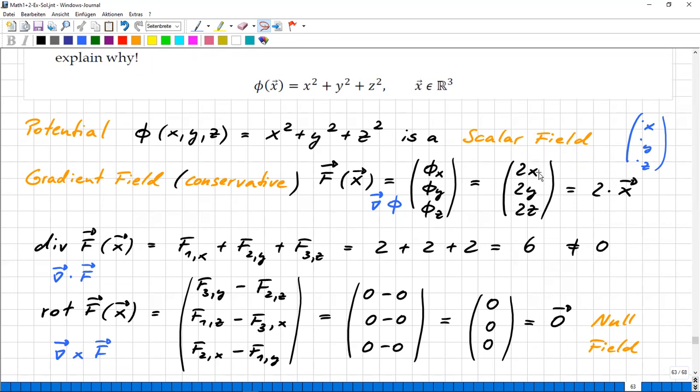You see that this component differentiated for x gets you 2, constantly 2, then plus the second for y gets you 2 again, and the third for z gets 2 again. So it is 2 plus 2 plus 2 equals 6, constantly 6, which is not equal to 0, and means that this vector field has divergence. And as I told you, since it points outward everywhere, this is the perfect case where you can say there is divergence, because now you must think in the picture of